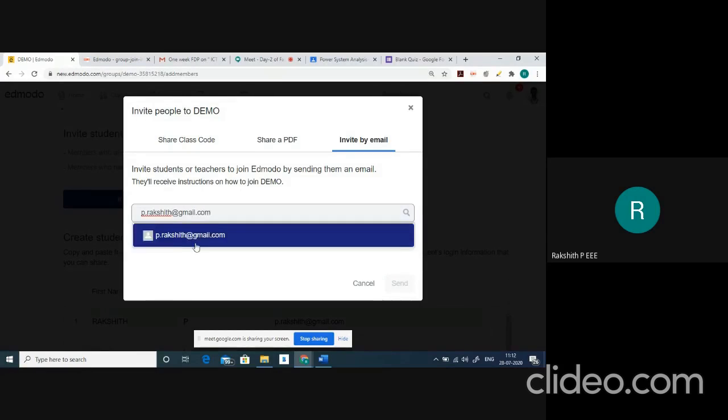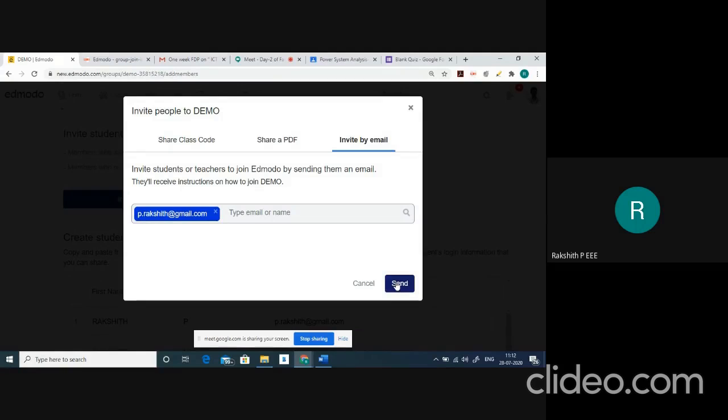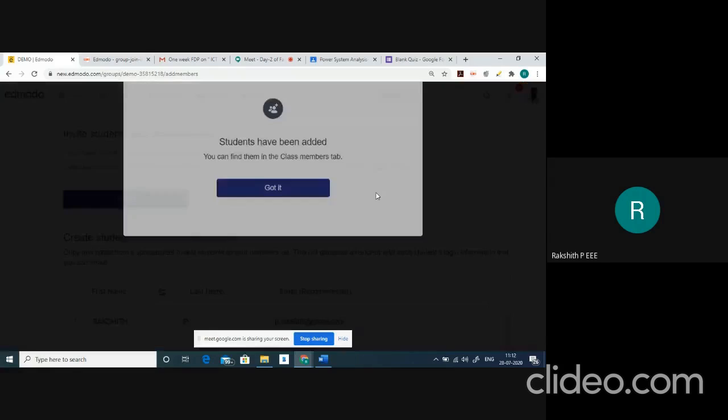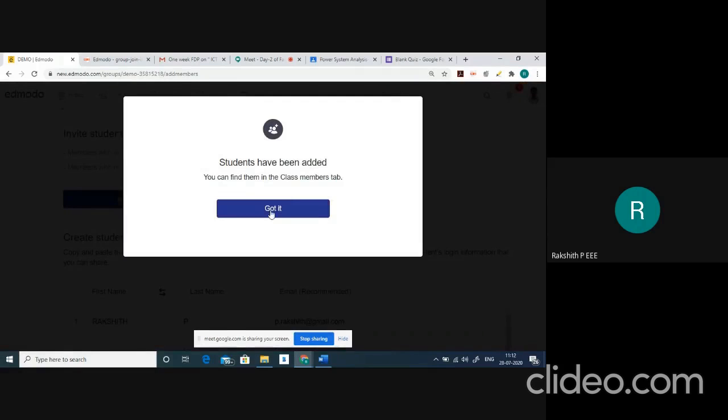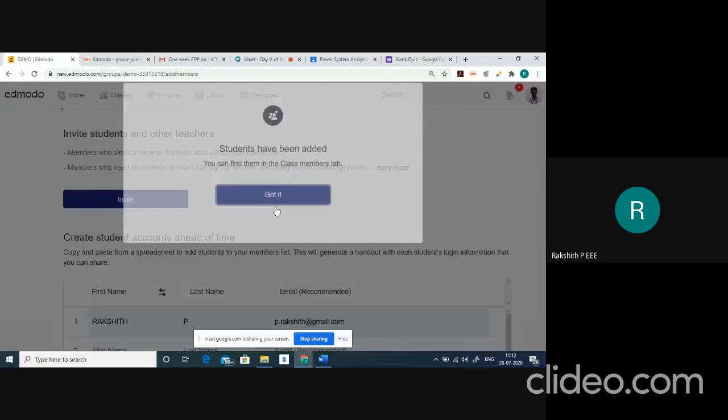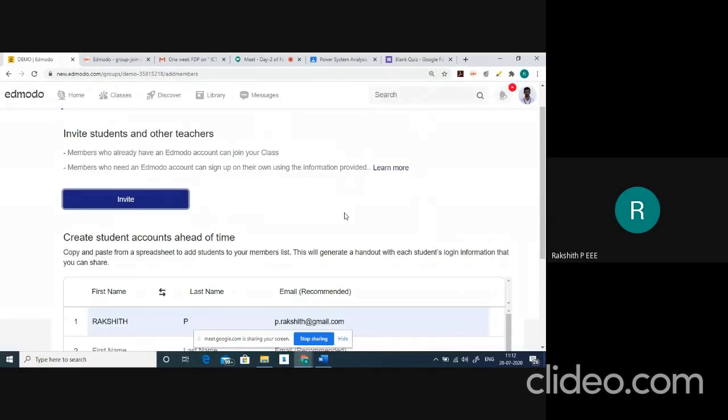And then you can send an invitation to that particular person by clicking on this send tab, so that that particular student can easily join your class. So this is how you can invite your students to join your class.